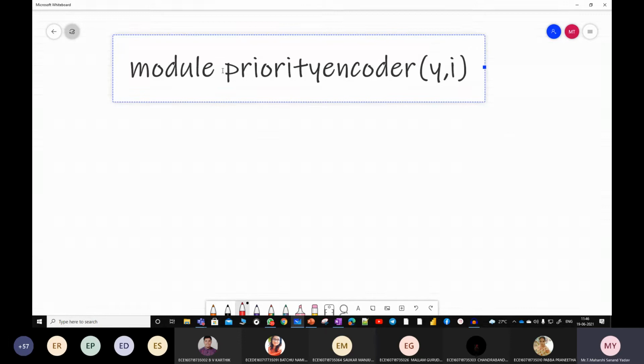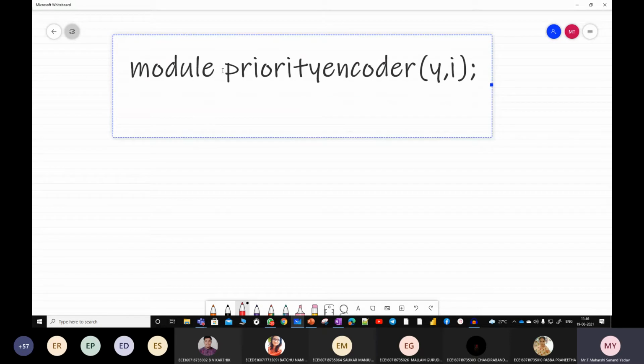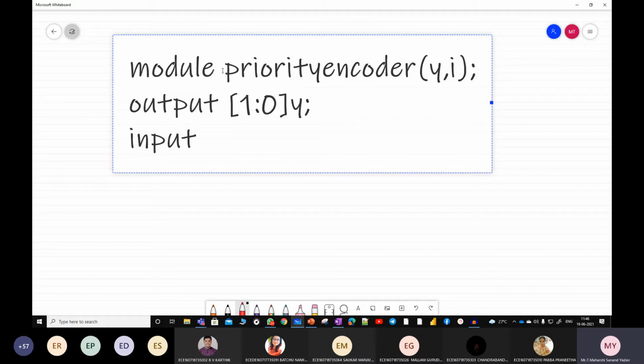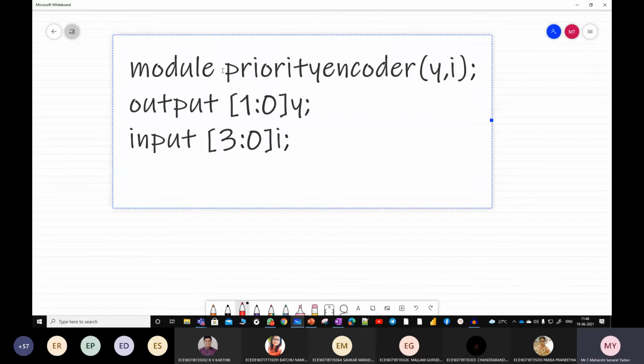So y comma inputs are I. Next, output [1:0] y, input [3:0] I. Next, reg [1:0] y.